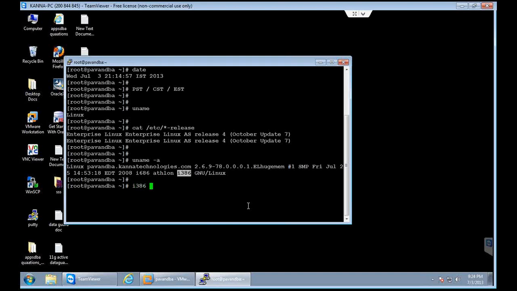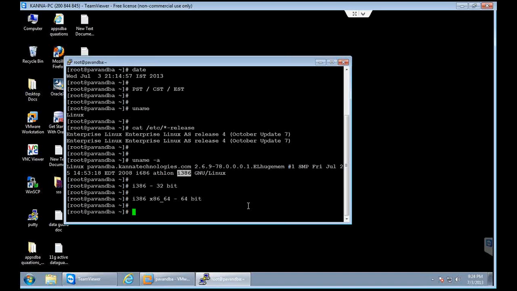Suppose you see something like i386 and x86 underscore 64, then it means that it is a 64-bit operating system or 64-bit Linux flavor.